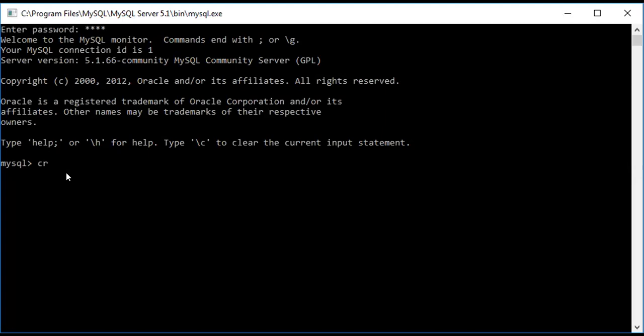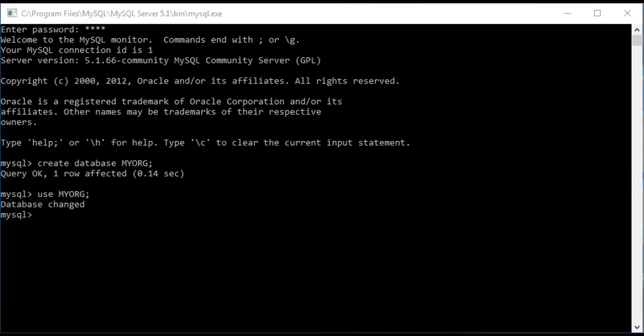Create database MyORG semicolon. So this has been done. To open it, we write use MyORG. Database changed. That means we are now working in this database, right?